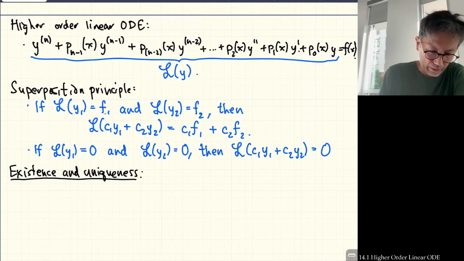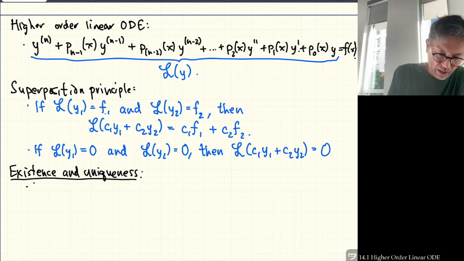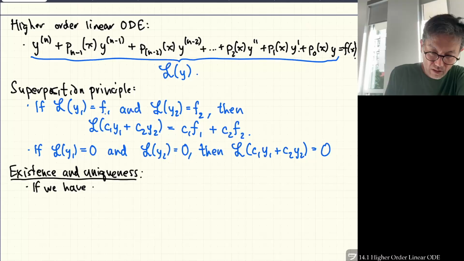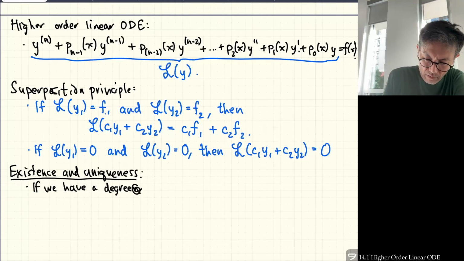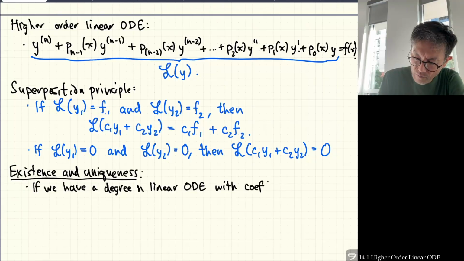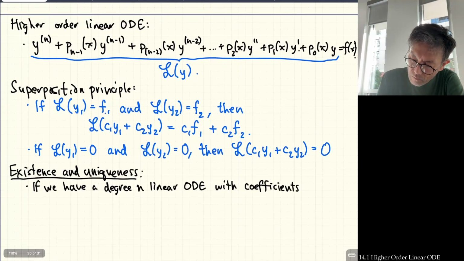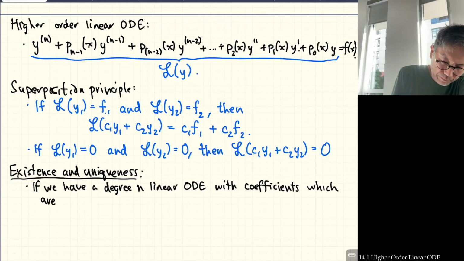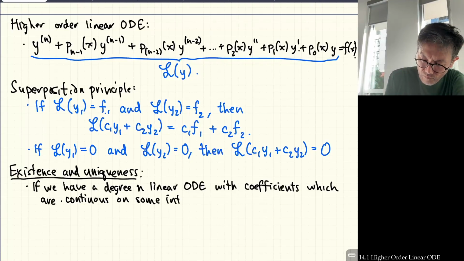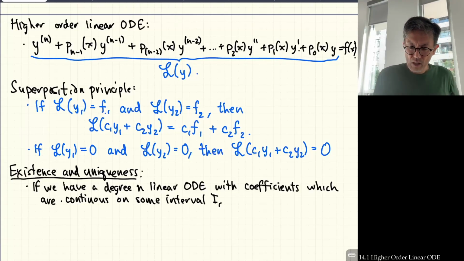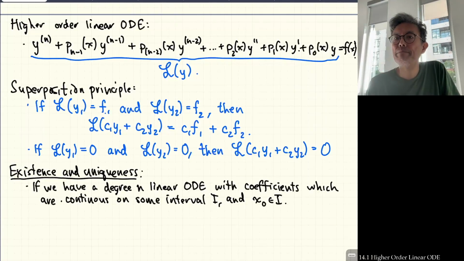Okay, so here's how I want to say it. If we have this kind of differential equation, a degree n linear ODE, with coefficients, which are the p's here, with coefficients which are continuous on some interval, and we say x naught is some point inside of this interval. Okay, then